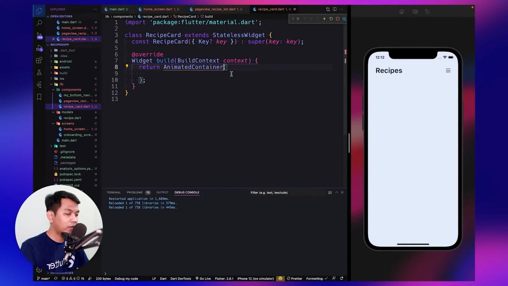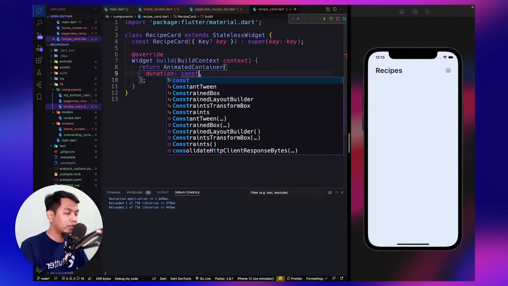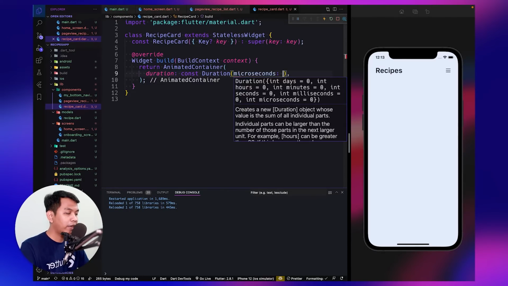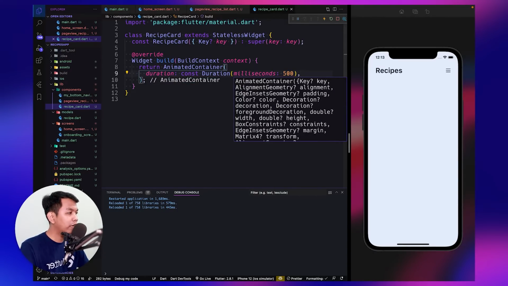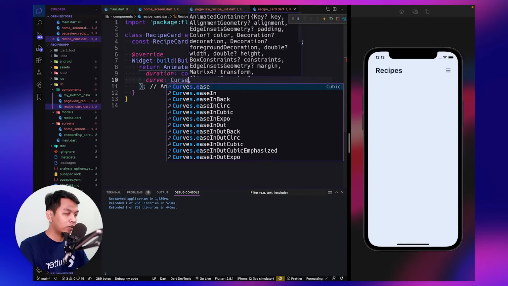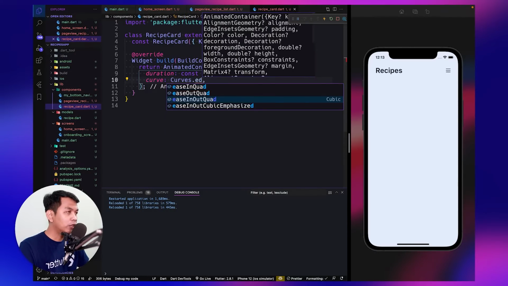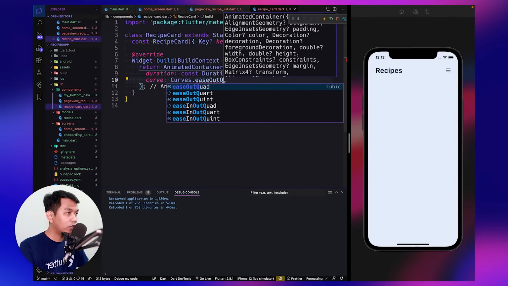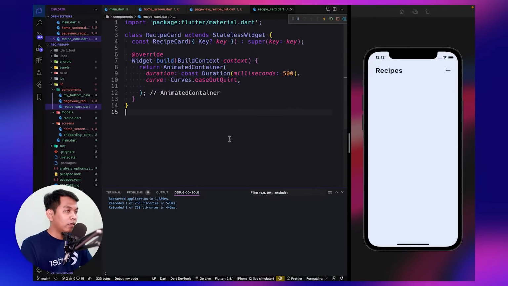So animated container, and animated container has a parameter like a duration. So we use a duration right here, and milliseconds, not micro, milliseconds to be 500, which is kind of like half a second. And for the curve, we use Curves dot easeOut.